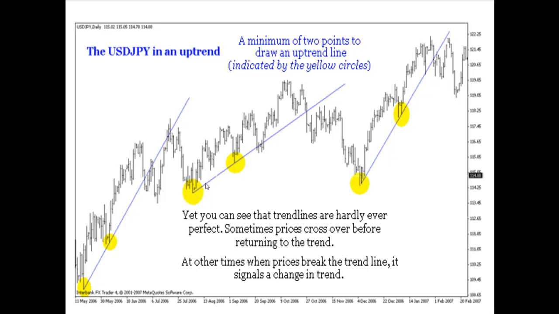Okay, so this is how you identify, by joining these two points together at these lower points for an uptrend. And for a downtrend, for example this downtrend, what you do is join these two points together and you will get a downtrend. Okay, right, now